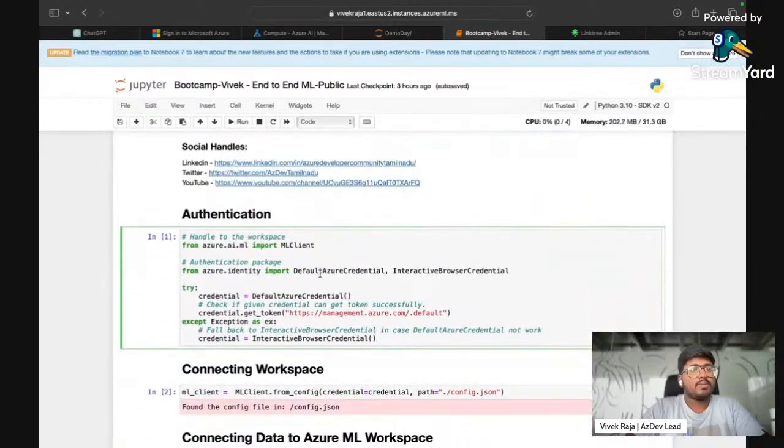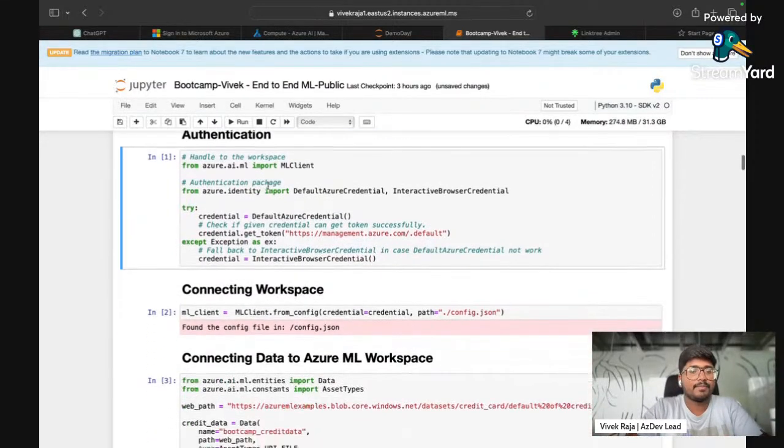First things first, you have to create an authentication for the machine learning workflow that you're using. It will do the authentication by itself because you're running it directly inside the compute. But if you're running it in your social handles, then you might have to do this authentication process yourself. That is nothing but a sign-in window, and you have to click sign in.